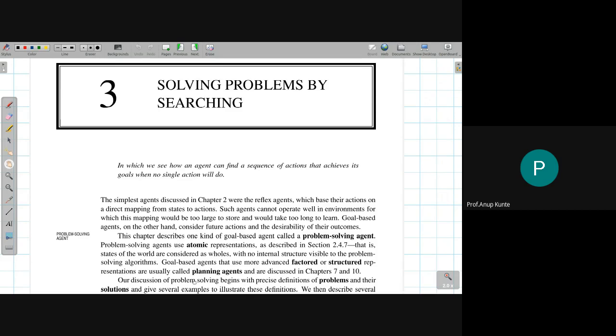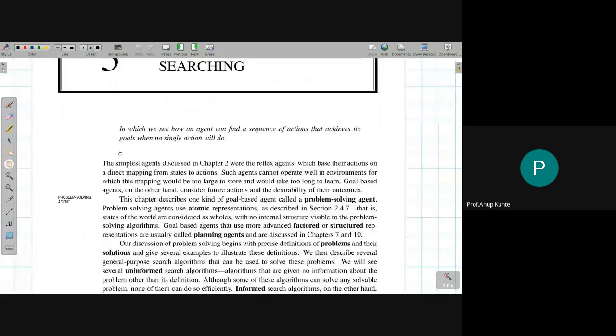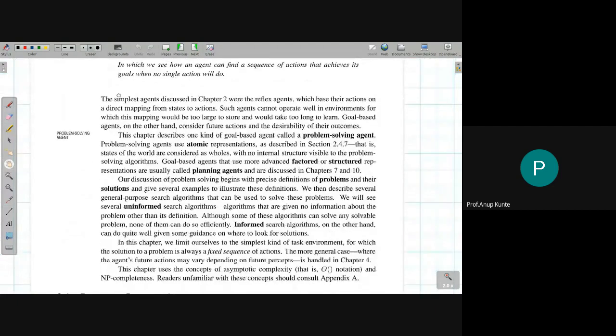Okay, so let us begin and dive into understanding what we are supposed to learn in this chapter. In this chapter, we are supposed to start looking at a particular kind of agent, called a problem solving agent. Now you'll say that we already looked at 5 different kinds of agent. We also looked at a themed agent called learning agent, which was the 6th kind of agent program. What is this, and how is this different from whatever we learned earlier?